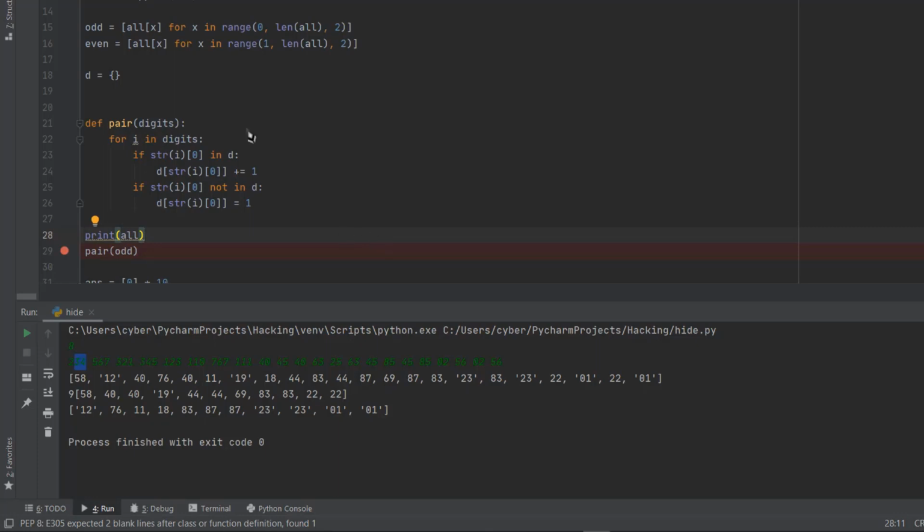Then our next task is to find the most significant digit and check if it's there in our array or not. For that we are using a dictionary D, which is going to keep track of every first digit and its number of occurrences in the given list. So for i in digit, in the first case we are calling pair of odd, which passes this odd list to our function. For every item in the list, like 58, 40, 40, 19, and this is our list of all odd numbers, i will be 58 the first time, then 40, 40, 19, 44,